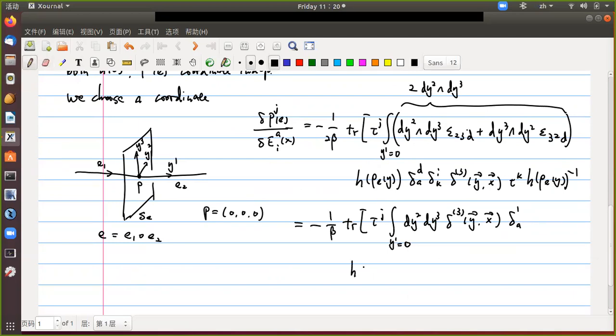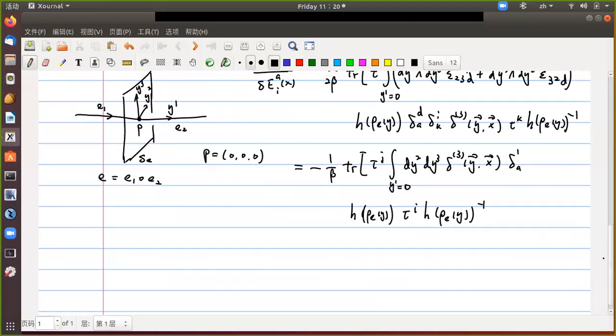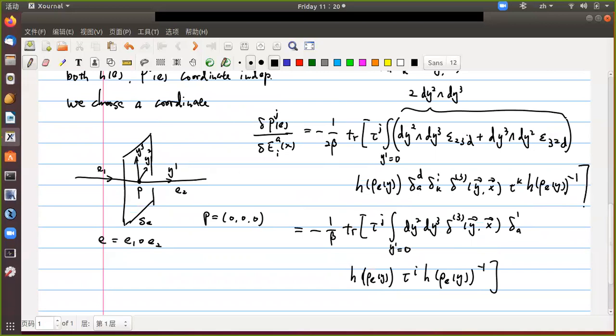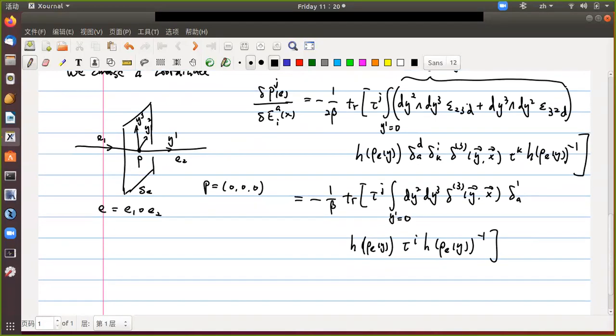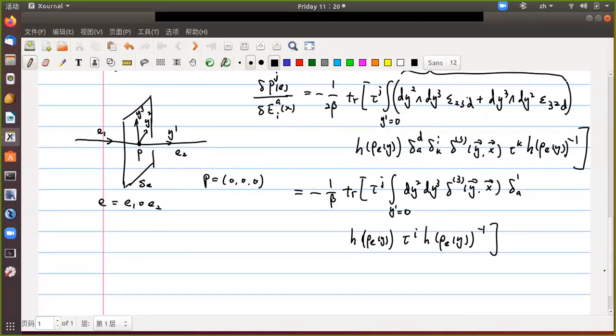Multiply h rho e y, tau I, h rho e y inverse. Okay, so we close the bracket. Here, close the bracket. Okay, so this is the result for this functional derivative, and we can even further simplify